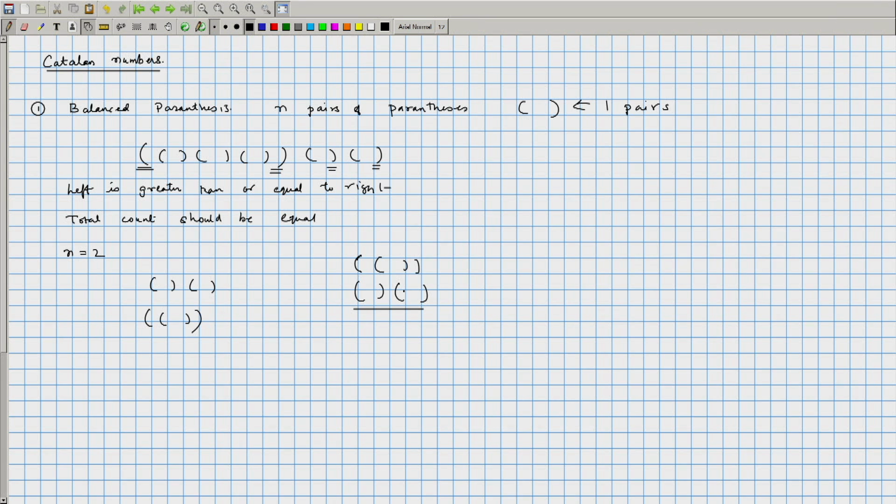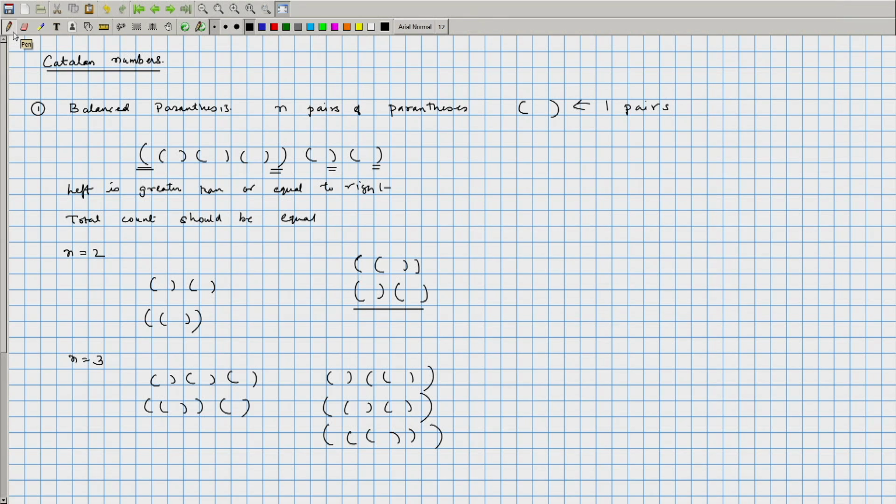So, these are the only two possibilities. When n equals 3, you have this as one possibility, this is yet another possibility. So, when n is equal to 3, there are these 5 possibilities,